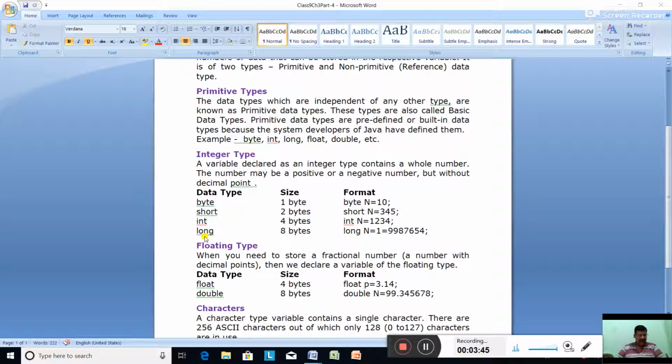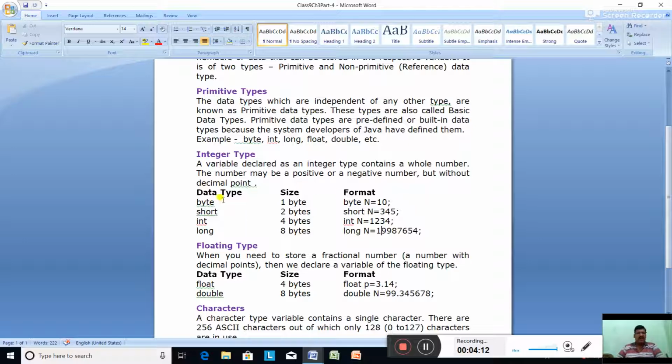The long data type is used for large integers, very big integers. It takes 8 bytes. 8 bytes means 64 bits. Like long n = 1998765. So big integer numbers can be stored by long.